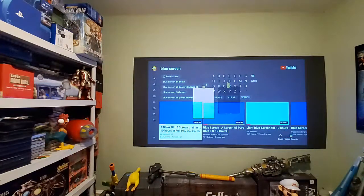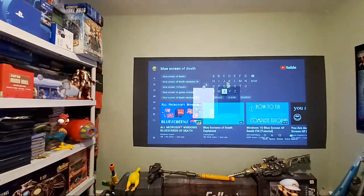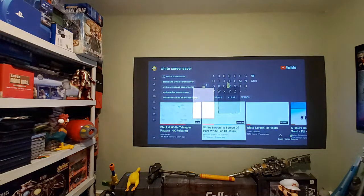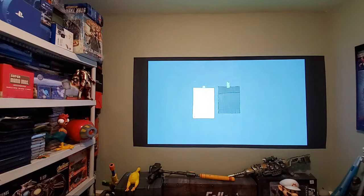Now, I'm going to show you something. As I said before, the gray screen is going to pull up a higher white level. But keep in mind, just because it can pull up a higher white level doesn't mean it has the ability to pull up a color without fading. So we're going to put it on a white screen. There you are. You have a white screen, a gray screen,